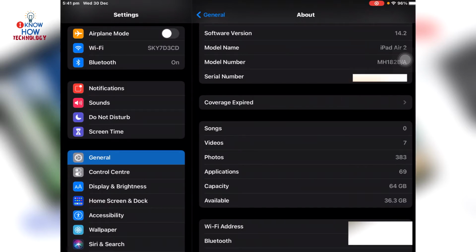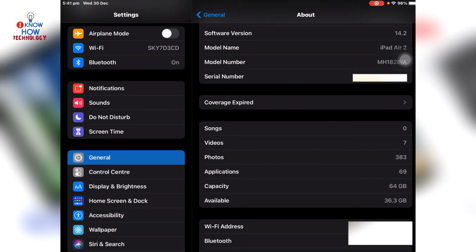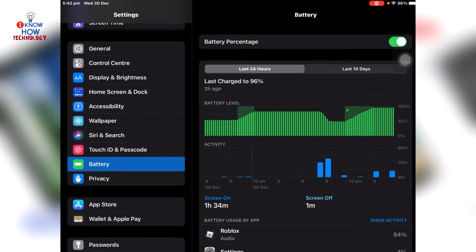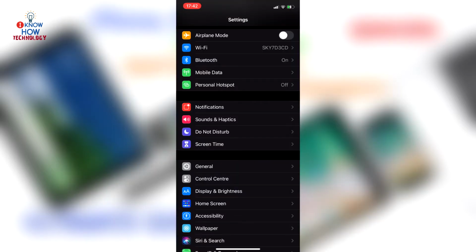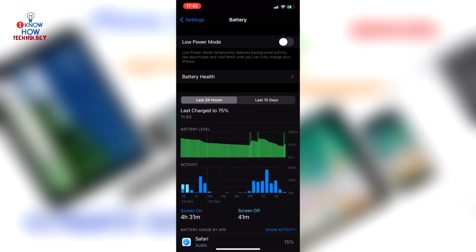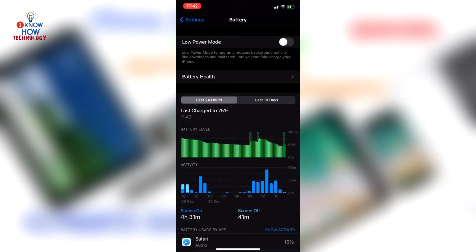Okay, so without any delay, our first step is activate low power mode. If you see on the iPad, go to settings and on battery, there is no option for activate low power mode. But if you see on iPhone, go to settings and then go to battery. You can see on the top it says low power mode. Enable that. What it does is it temporarily reduces background activity like downloads and mail fetch until you can fully